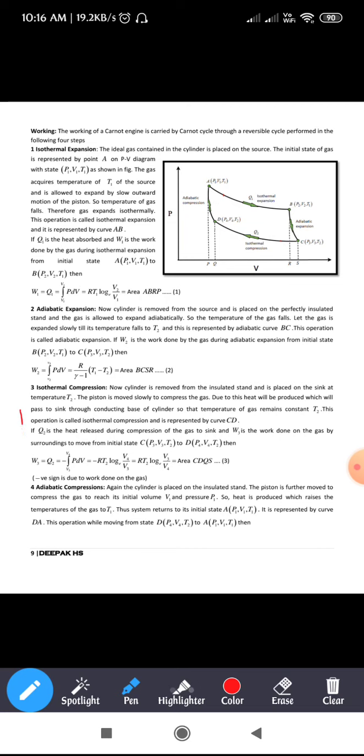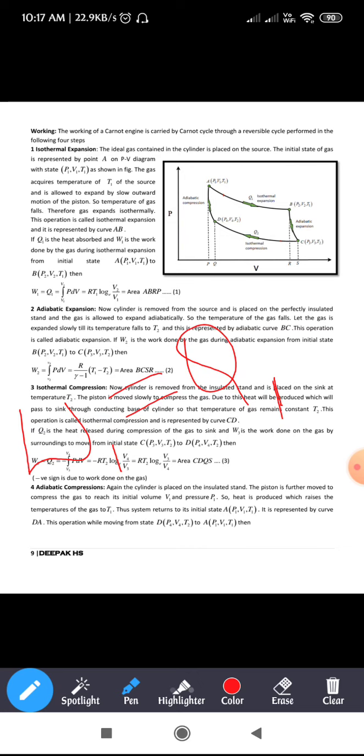As I said, work done is nothing but what? Work done is equal to, we will denote that one by W1. Let us say that Q1 is the amount of heat absorbed from the cylinder. I said that heat flows from source to the cylinder, right? Or it can be expressed as the amount of heat absorbed by the cylinder, one and the same. So if you consider Q1 is the amount of heat absorbed by the cylinder, so work done is